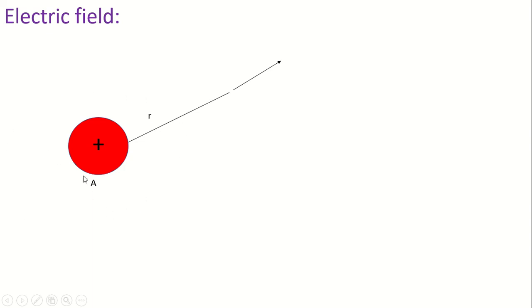Electric field. And in that electric field, if any other test charge is placed, then that test charge will experience a force due to the electric field of this charged body. So now look here. Here A is the positively charged body, and for this positively charged body an electric field is created around it. And from the positively charged body A at a distance r, at the point P,